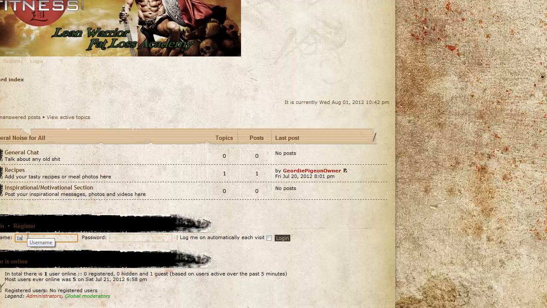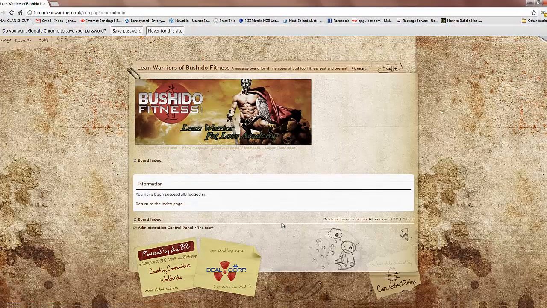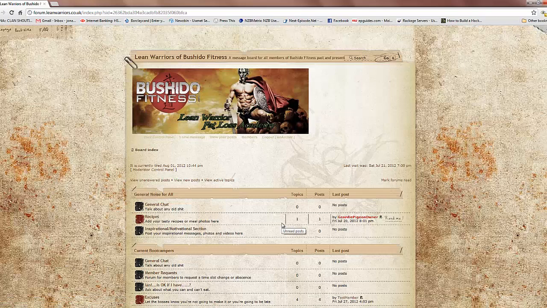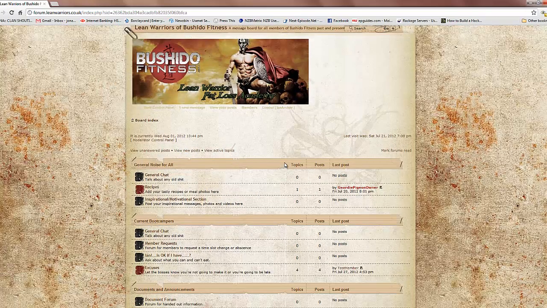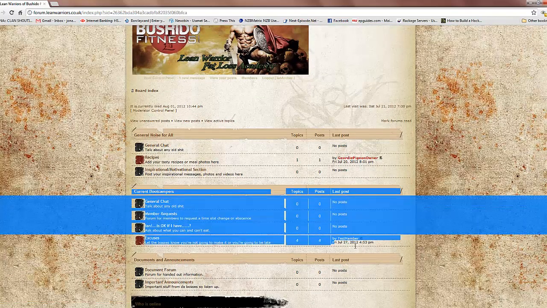So using Ian's login and the password I provided, log into the forum. If successfully logged in, just wait and it'll take you back to the forum index. As you can see, a user with administration privileges gets to see private forums at the bottom here and